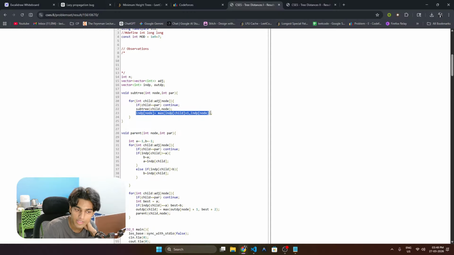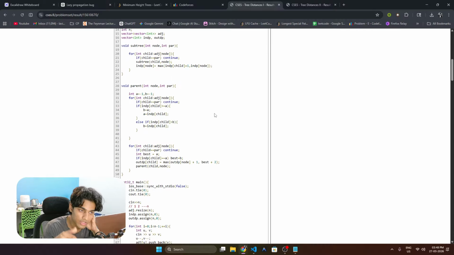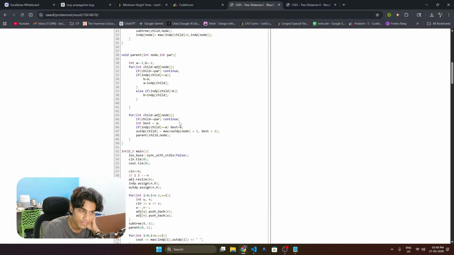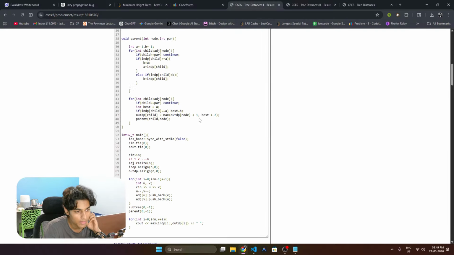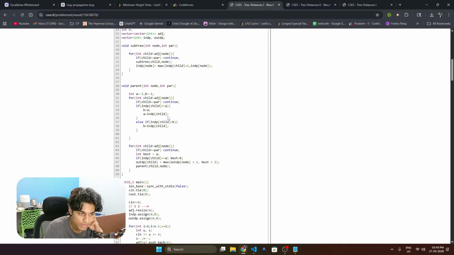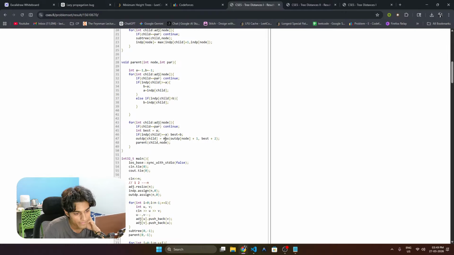First of all, I find this in DP, which is basically all about the children, storing whatever is the max for this particular child. Am I finding a diameter or something? And then in the second one, I'm taking two maximums for every child because I have to update those children. And then here I'm updating the out DP by taking out DP plus 1 and best plus 2. So this best is actually,